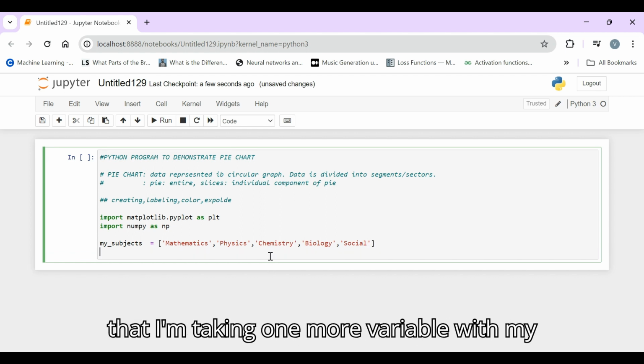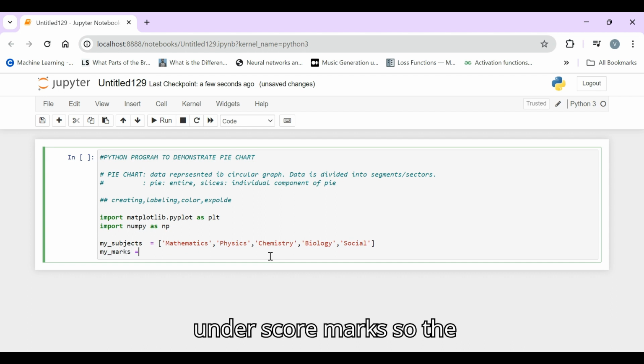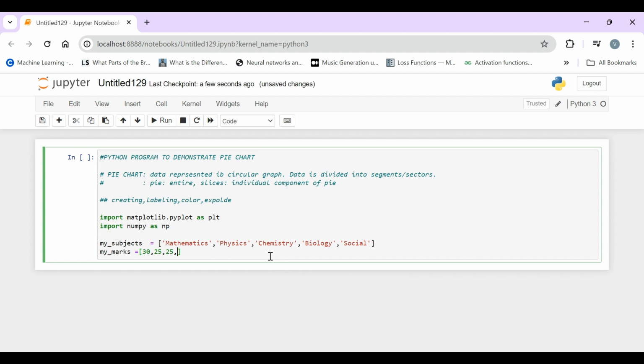So for that I'm taking one more variable, my underscore marks. The marks can be 30, 25, 25, 20.